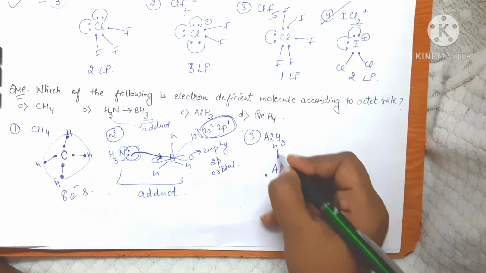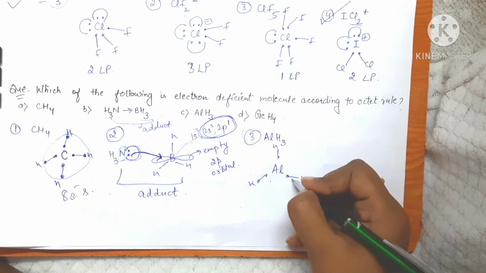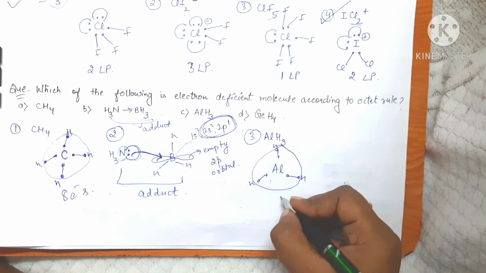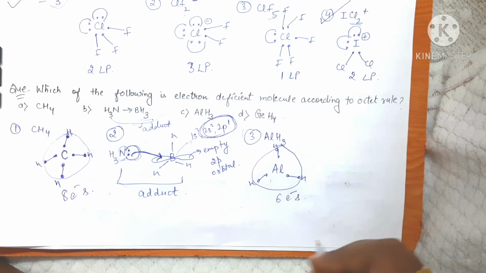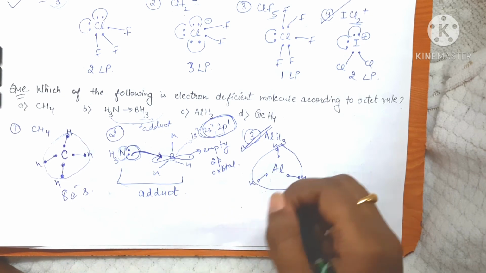So AlH3 will be like this. Here aluminum is having a total of 6 electrons, so this is a 6 electron species, so definitely this one is electron deficient. Okay, now